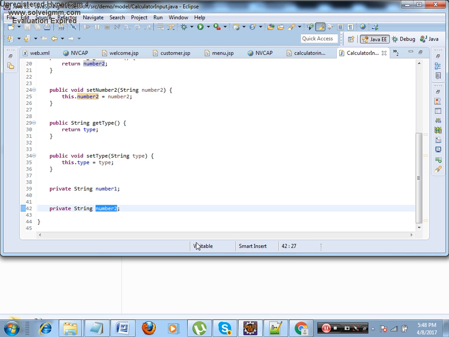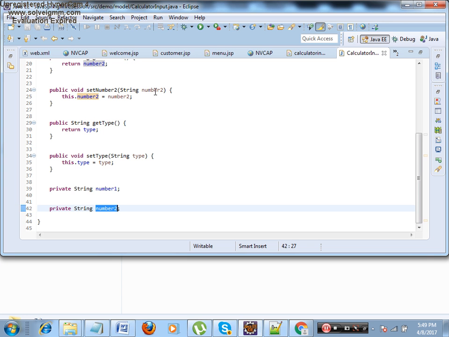What is the state of an object? State of an object is nothing but the object with values. If I say stateless object, it means the object will not have any value. Therefore now number 1, number 2 and type will have some values, whatever the user has entered. Automatically Spring will call the setters, and those values will be available inside the controller.